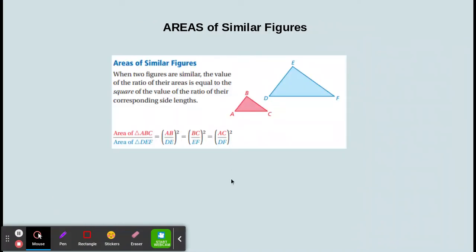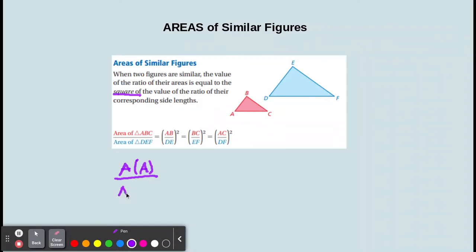Okay, now when we talk about areas of similar figures, when two figures are similar, the value of the ratio of their areas is equal to the square of the value of the ratio of their corresponding sides. So if we took the area of triangle A and put it over the area of, we'll call this triangle A, and we'll call this triangle X, over triangle X,